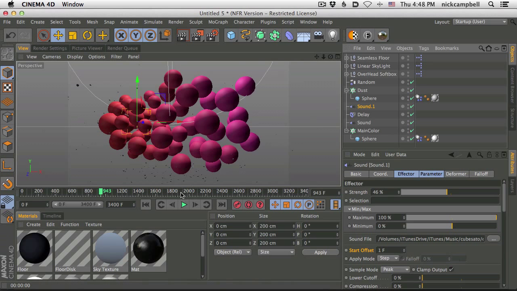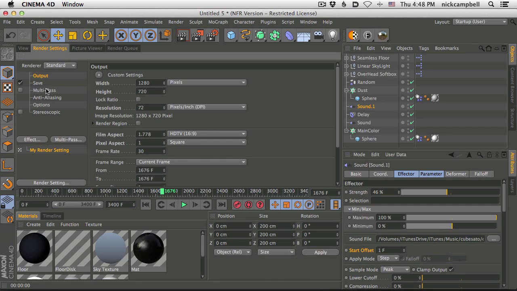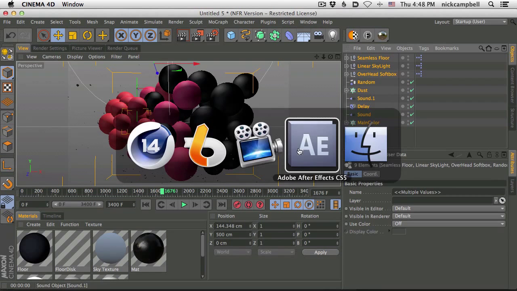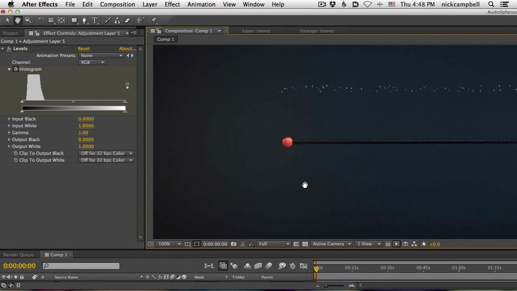So this is where I ended up rendering. I went into my render settings. I did a 1280 by 720 and saved it out as TIFFs, and I pulled it into After Effects. So that let me make sure, because I always forget at least one thing after I go into After Effects and look at it, but I guess I just have to bite the bullet and go in here and make sure we're on the same page.